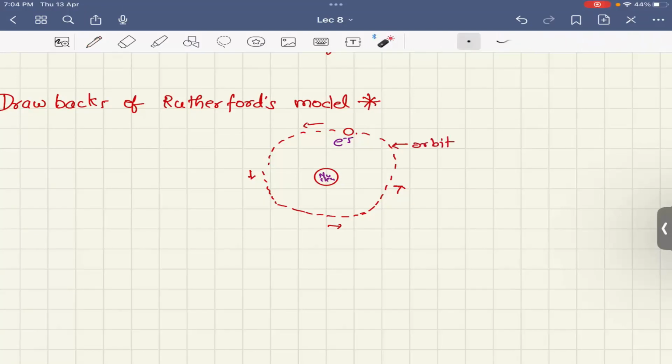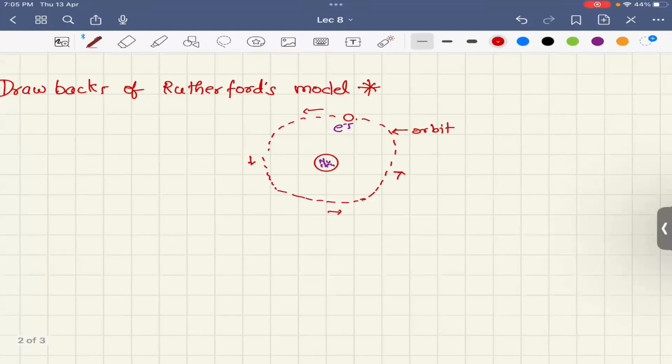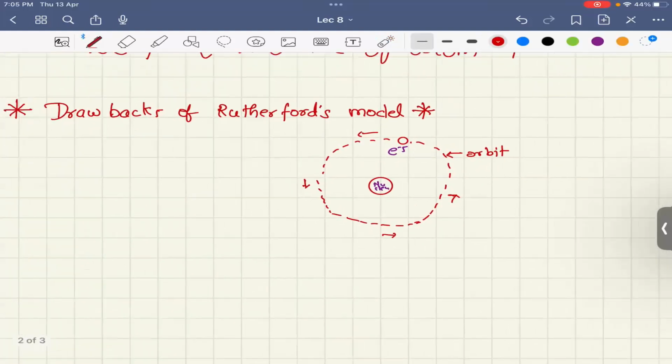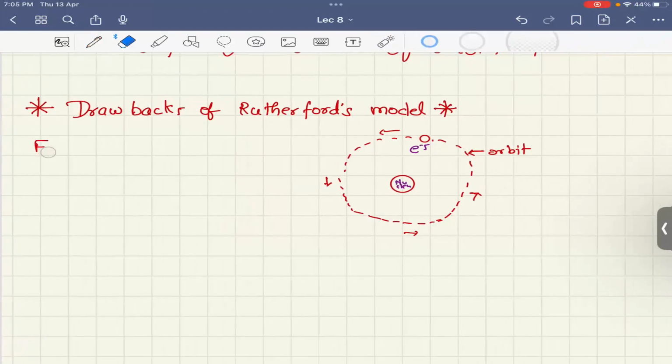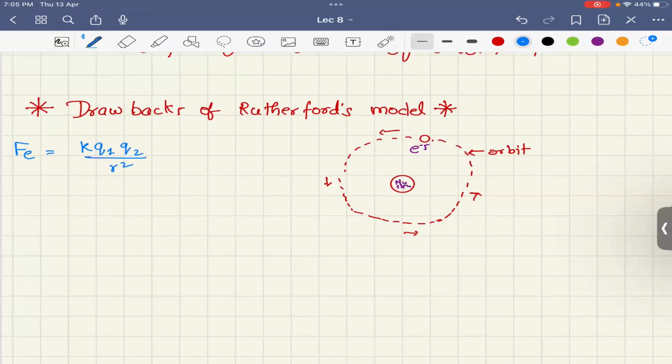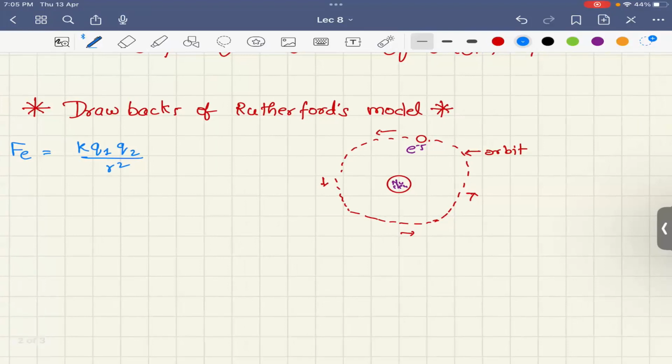This model was analogous to the solar system, where the nucleus may be compared to the sun and the electrons to the planets. The Coulombic force between the nucleus and the electron is an electrostatic force. The force between the nucleus and electron is K Q1 Q2 by R square, where Q1 and Q2 are the charges, R is the distance of separation between the nucleus and the electrons, and K is